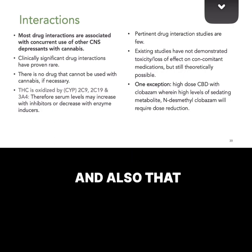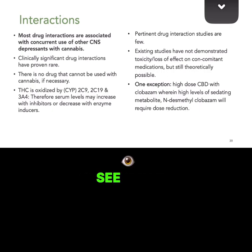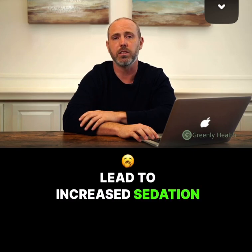And also that CBD can actually inhibit some of those enzymes. So there's potential for drug-to-drug interactions. Clinically, we don't really see that at these low doses. The one documented drug interaction in the literature is a medication called clobazam that we typically don't use that much. It's an anti-epileptic medication, but that would be something to note. If a patient was on clobazam, high doses of CBD can lead to increased sedation, so you would simply need